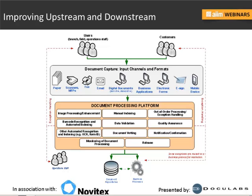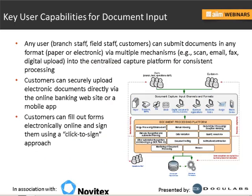So let's talk about some of the key user capabilities that this tuned and sorted operation has. It could be branch staff, field staff, customers, folks at kiosks, anyone in the field, if you're a telco, if you're a manufacturing operation, whatever. But any user can scan and upload paper documents, and also pass on documents they got in electronic format from their customers or third parties. Basically, the basic idea here, I'll just cut to the chase, is that any user can submit documents in any format via any mechanism into a centralized capture platform for consistent processing. And yes, they're